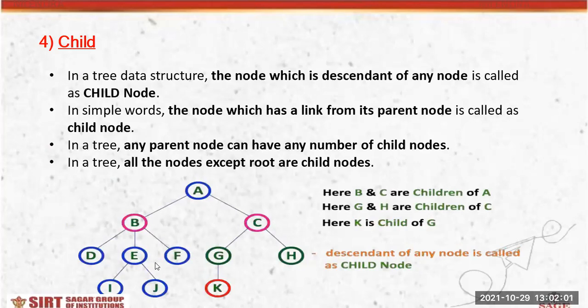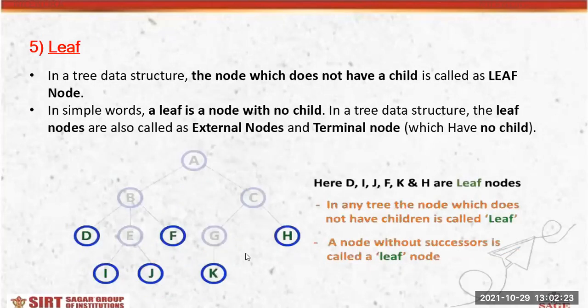Child. Now we have seen all these terms basically in the previous class. I'm just giving you the recap. So further we will move to the types. You can see the child nodes are your I, J, K, D, F, G, and H basically. So it depends upon who is the child of a parent. Then we have leaf nodes. These are nodes from where you will not have any further node, so it will be a terminating node. D is not having any child, so it will be your terminating node or leaf node.